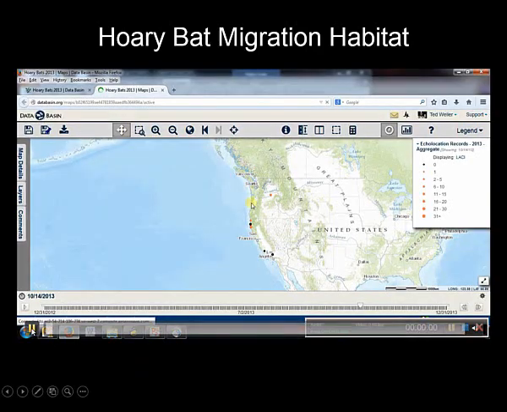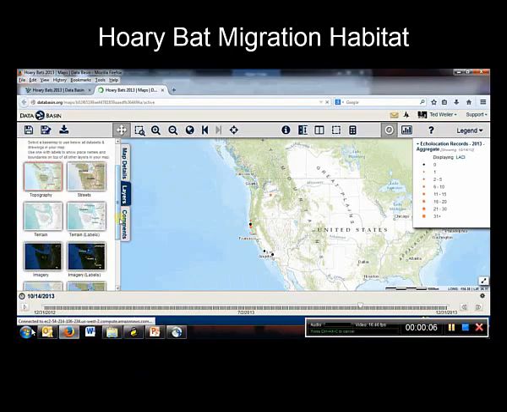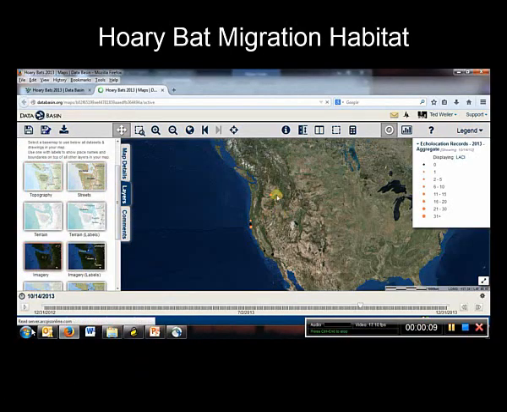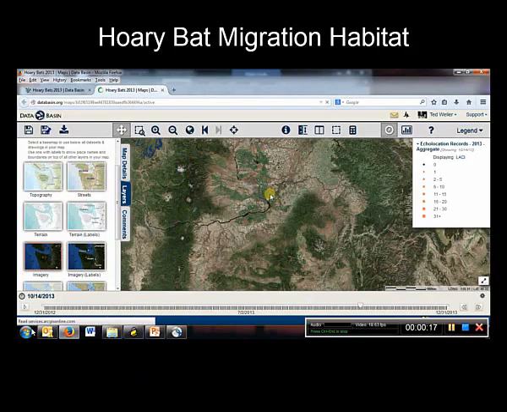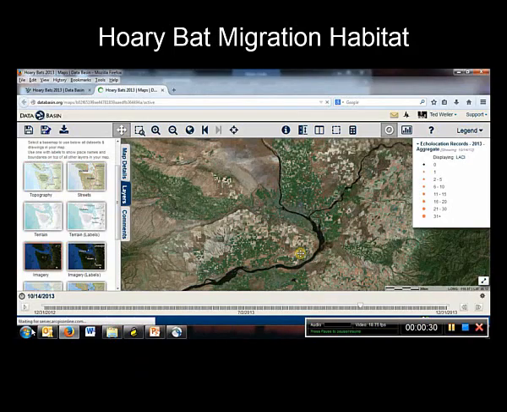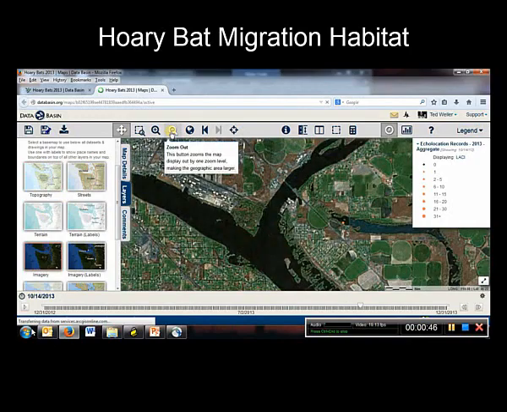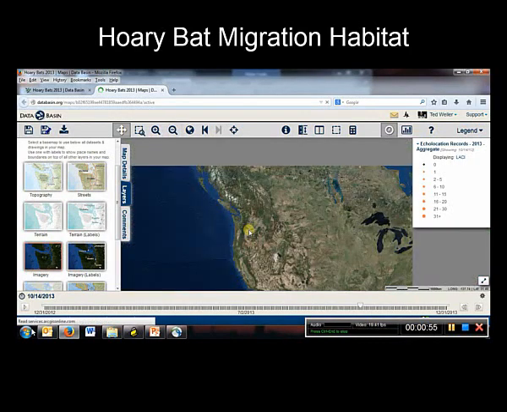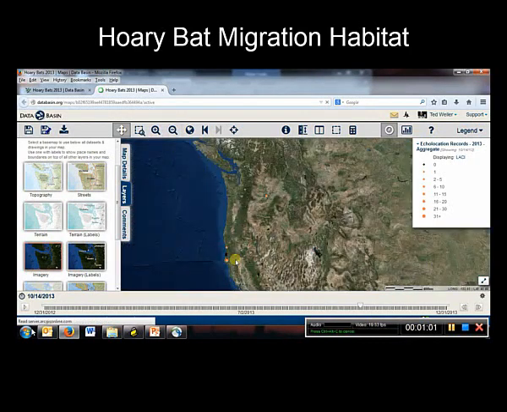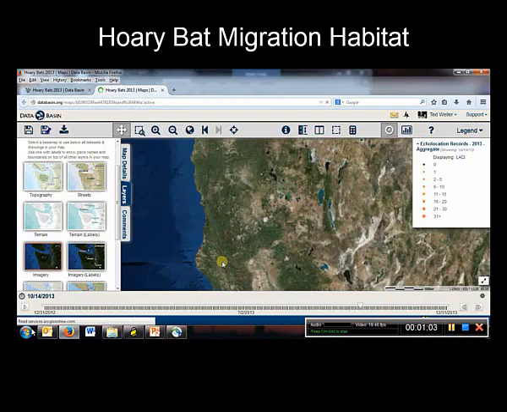So this is going to explore that same scenario, but we'll switch it so we can look at some of the habitat that they're using along the way. We can zoom in using this tool on the Columbia River Gorge, and we can see that the bat activity there was in this sort of riverine agricultural area, which fits very well with what folks know about hoary bats, the type of habitat they use.